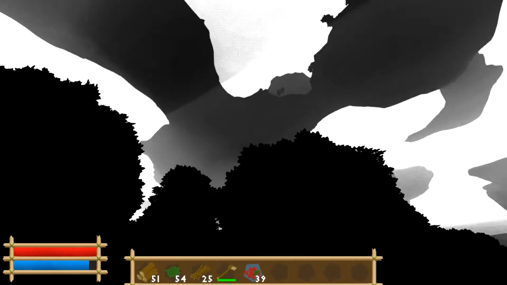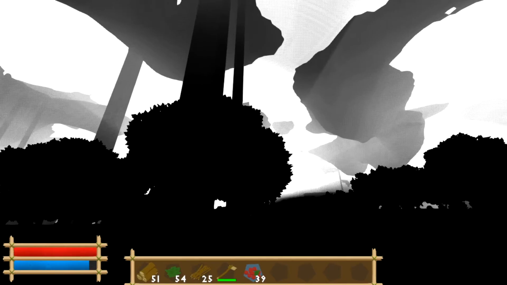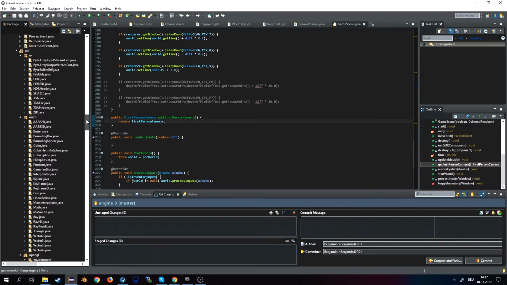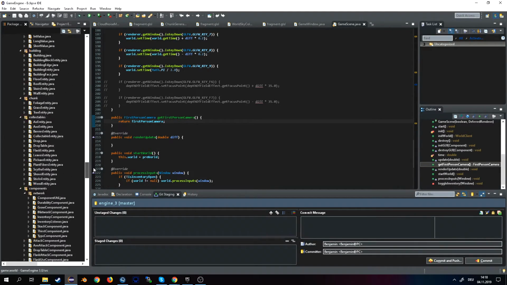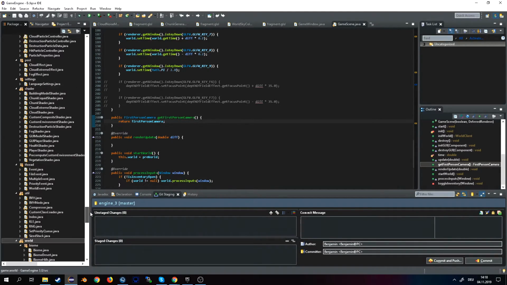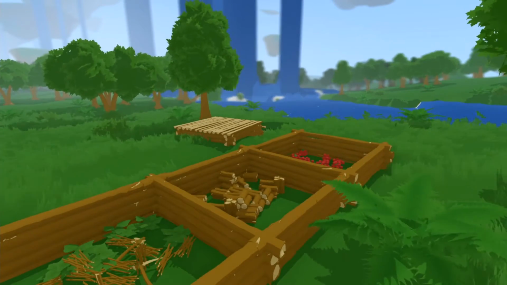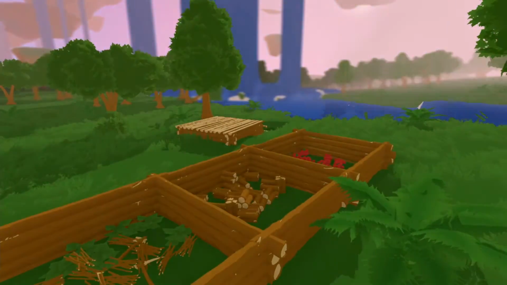So yeah, that's about it for the progress of the last 2 weeks, and the game is getting a bigger and bigger code base every week. Right now it consists of 74,000 lines of code, and from time to time I have to clean up stuff to keep the project at a good state. That's why there wasn't as much progress over the last 2 weeks as I would like it to be,